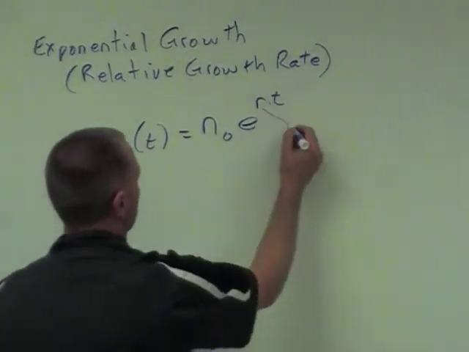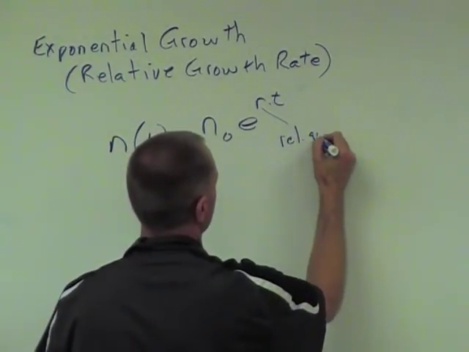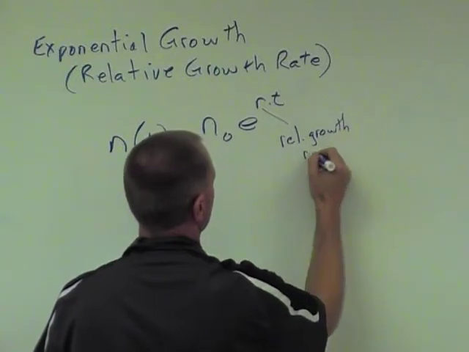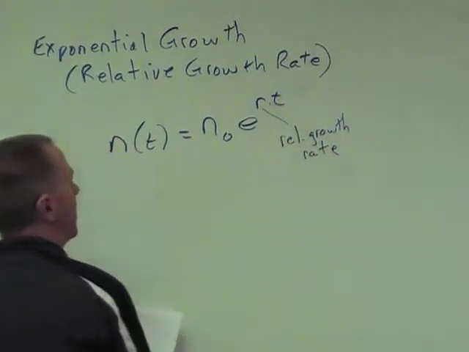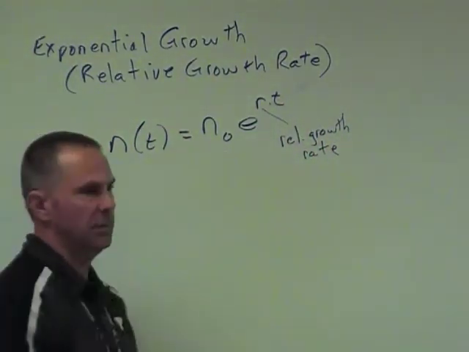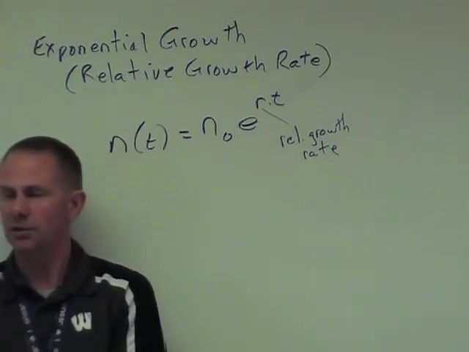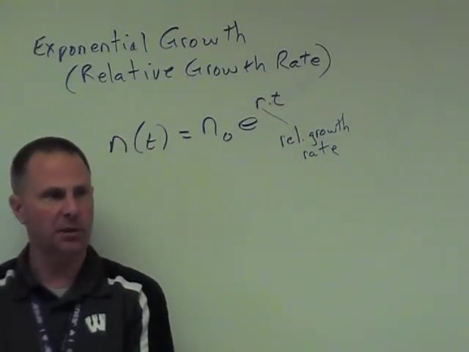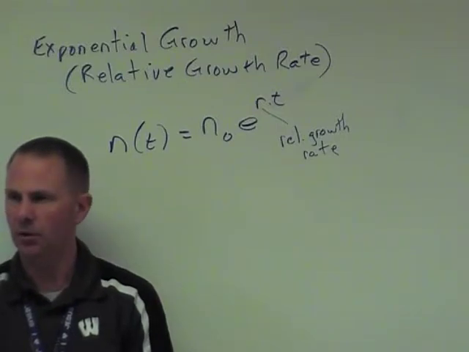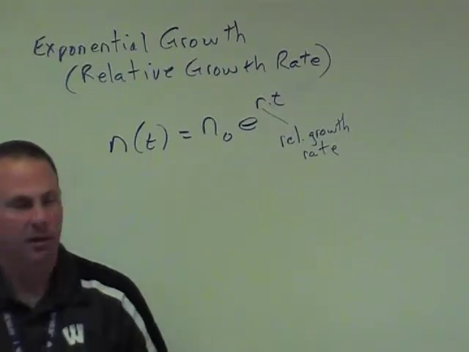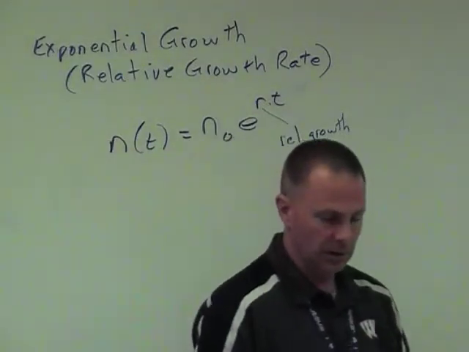R is the relative growth rate. T is time. That's your initial amount. By now you should be understanding what those pieces are. For your final exam, you got to make sure you know these. It's either up on the wall or you have to have it memorized. Okay, so let's